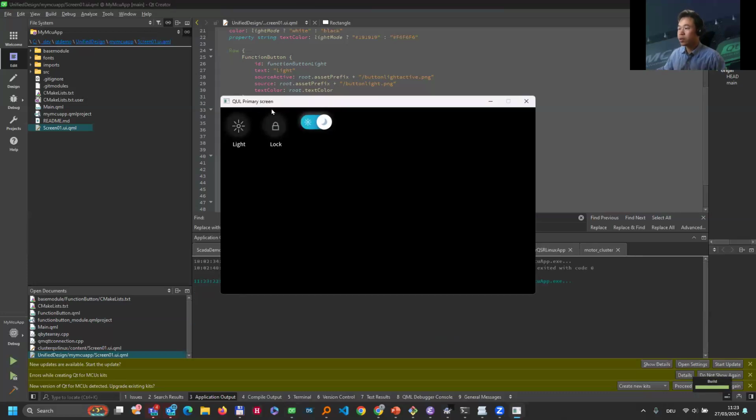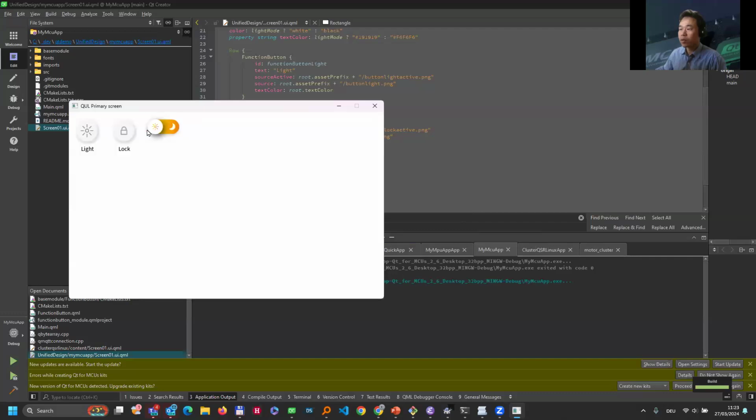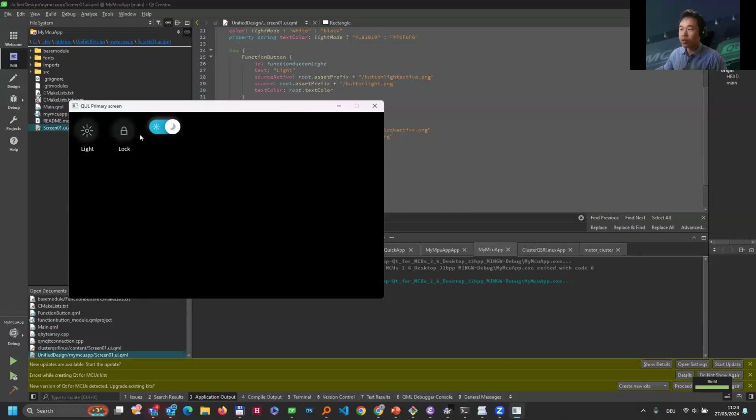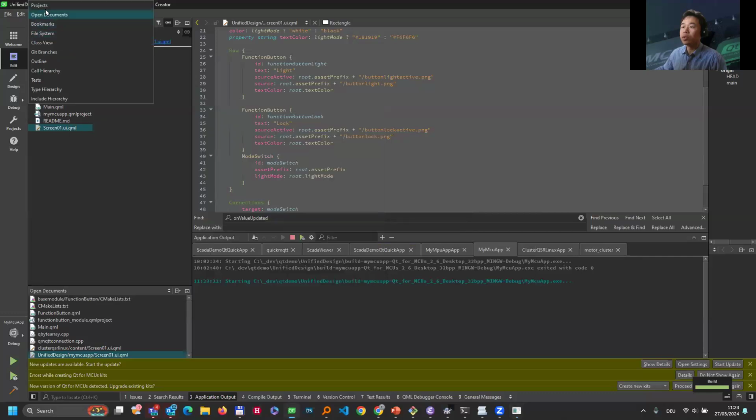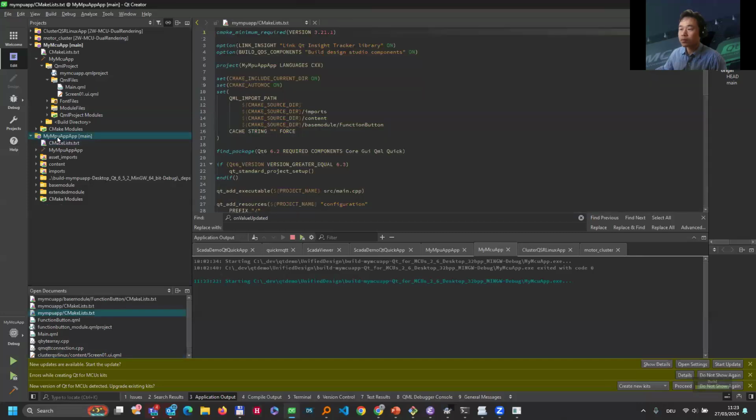When we run this, you can see on this side, this is the Qt for MCU project. When you click on it, there is an animation that shows how it flashes, and then you can also switch to the light mode to see how it looks in the light mode. And we can switch to the MPU project. So in the MPU project here,